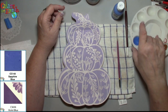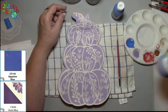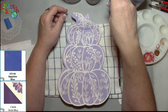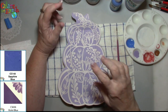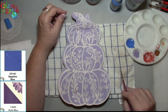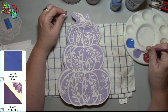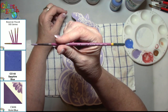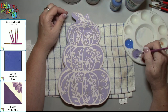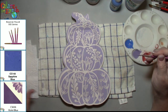Okay, so I thought on this one I would take the same purple, the 636 violet blue, and then I'm going to use CC 143 sapphire blue, and I'm going to go back and do some accent strokes on some of these parts and pieces. Okay, so I'm going to fully load with the purple because that's what's in my background, and I'm using the Bavarian number 3. It's the series 500. You could use any 3 round, or you could use any size. This is again a Sharon Hoppy